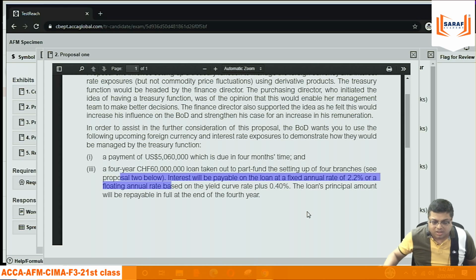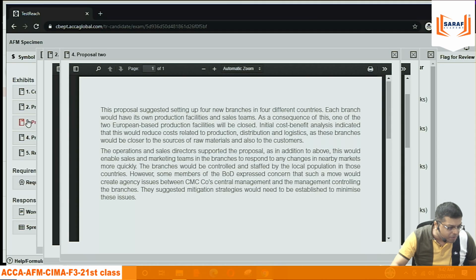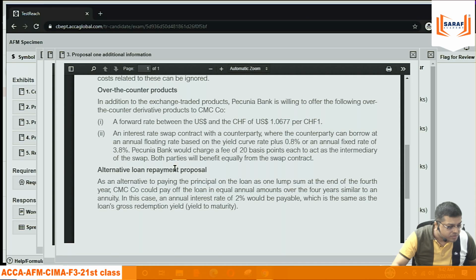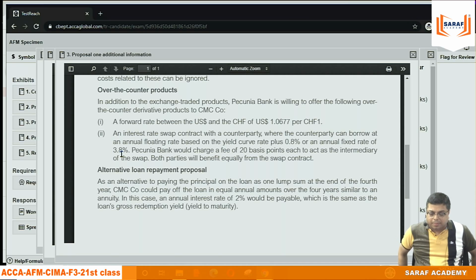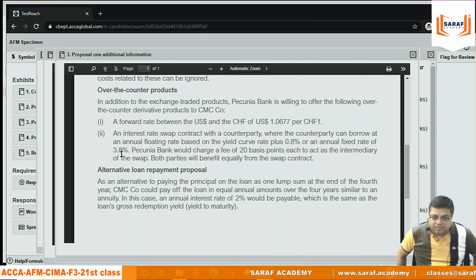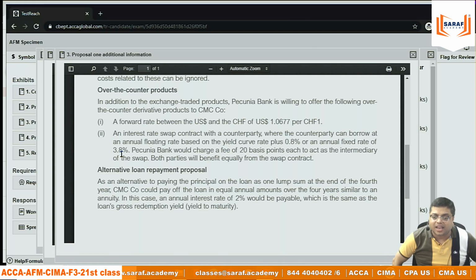No, first of all, suppose I mean to say that कि 2 point, वो तो लेना ही पड़ेगा, otherwise there is no question of swap। Our fixed rate borrowing is 2.2, floating rate borrowing is yield rate plus 0.4%। And for our counterparty, what is the story? The counter, बोलिए। नहीं, करंट बोरोइंग तो तब होती है ना जब आप करंट बोरोइंग कर रखे हैं, अभी तो आप ये बोरोइंग किए ही नहीं है, करोगे ही।